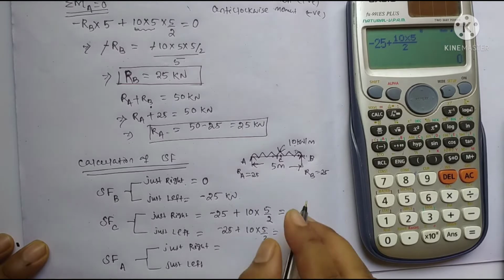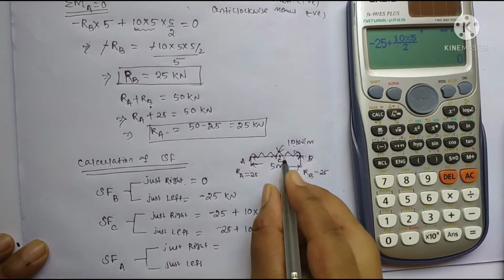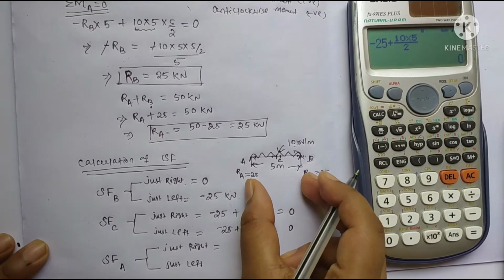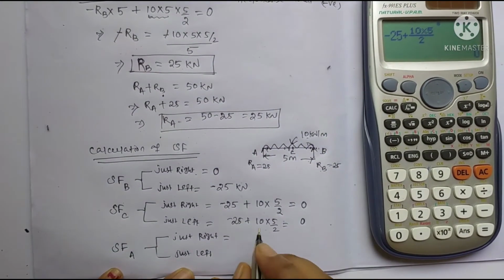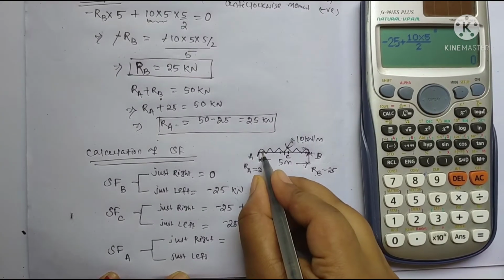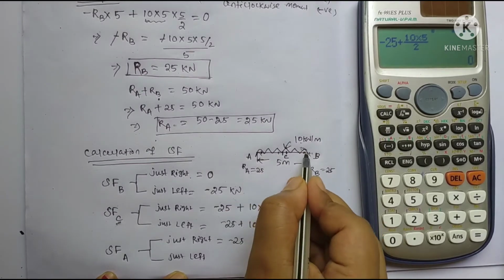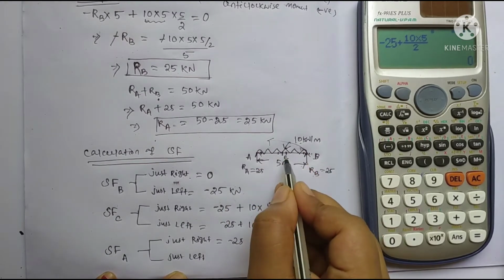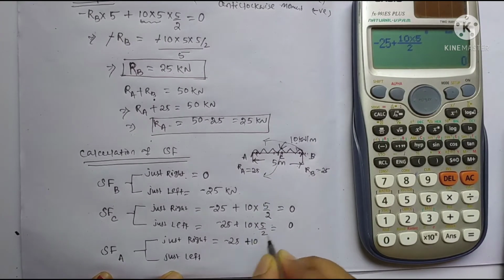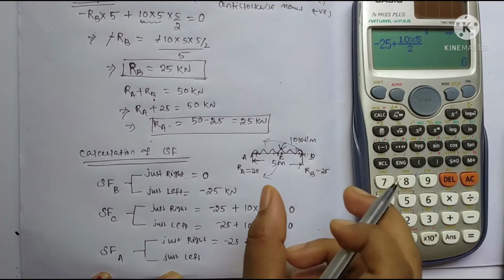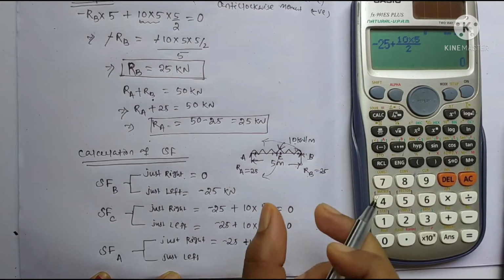At just right, that is at that point, how much force will act? RB and 10 kilonewton per meter, over the full length. So at just right of point A, the force 25 will act, and that will be negative because it gives anti-clockwise moment. And the 10 kilonewton per meter load gives clockwise moment, so it will be positive. As it acts per meter length,